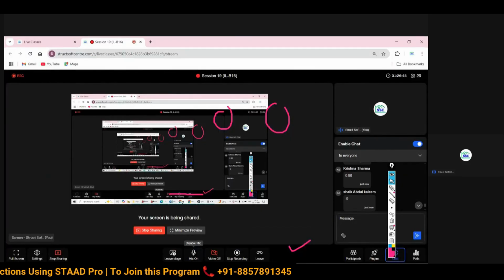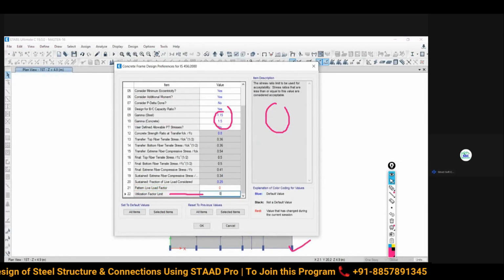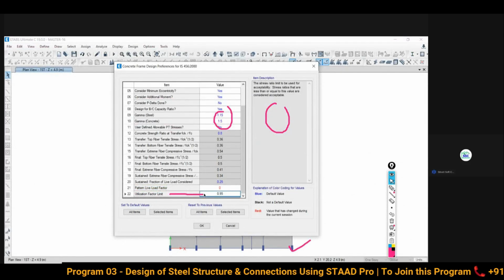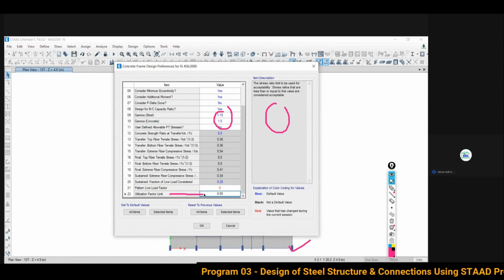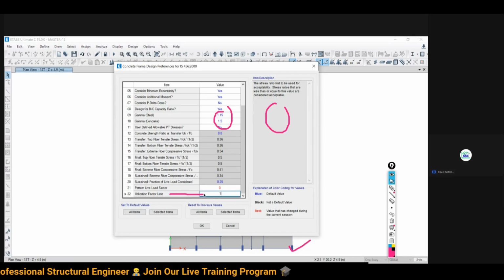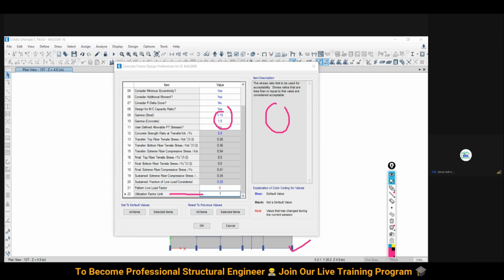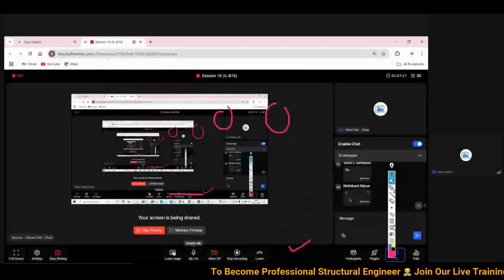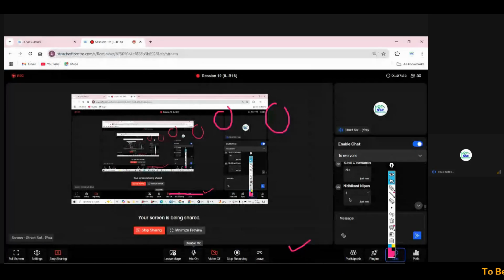Some consultants take 0.95, some take 0.9. It all depends on you. The more you reduce it, the heavier the design will be and the heavier the demand will come, because you have taken the safety. As of now I am not going to take any extra safety, because we have already taken a lot of safety over material grade and everything. So as of now I am going to take 1, not reducing. Is that all clear? If you want, you can take it. No issue, a slightly heavier design will come, with extra reinforcement and extra section. You can try it in practice and study what changes will occur.